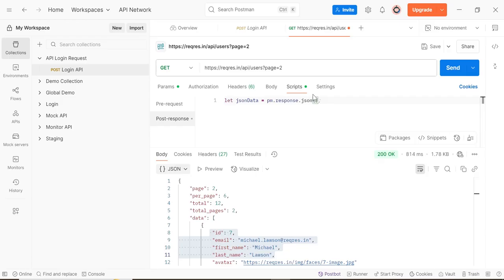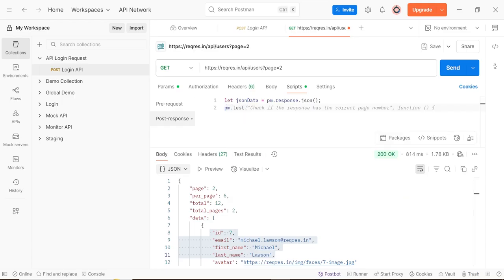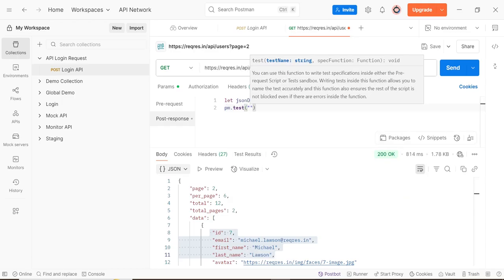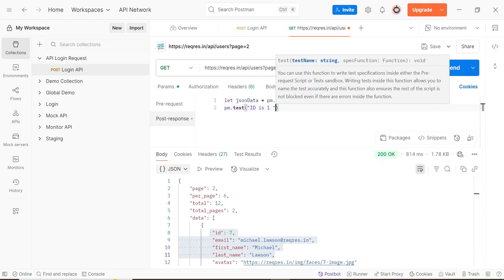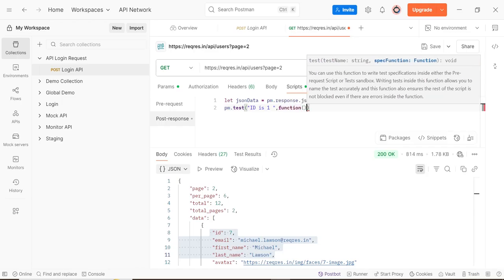Now first we need to check response, then we will verify IDs, email, first name and last name. pm.test, ID is 1, and then enter function here, round bracket,